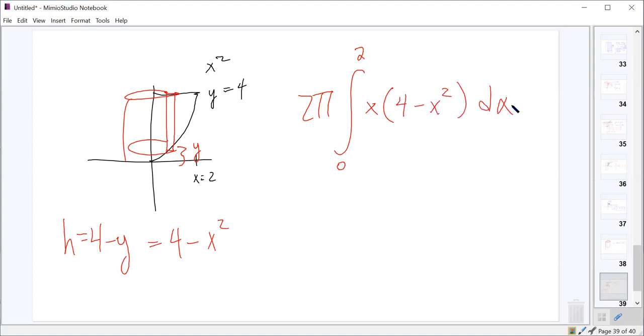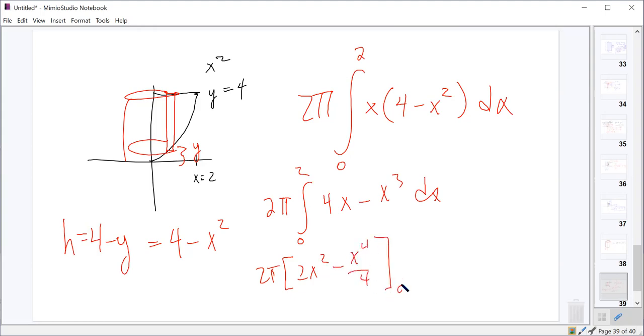And so you would integrate this. And you'd find that if you did this, 2 pi times the integral from 0 to 2 of 4x minus x cubed, you'd get 2 pi times 2x squared minus x to the 4th over 4 from 0 to 2, which would be 2 pi. And you plug in your 2, you'd get 8 minus 4 for the 2, and then you plug in the 0 and you get 0, and you'd end up getting 8 pi,